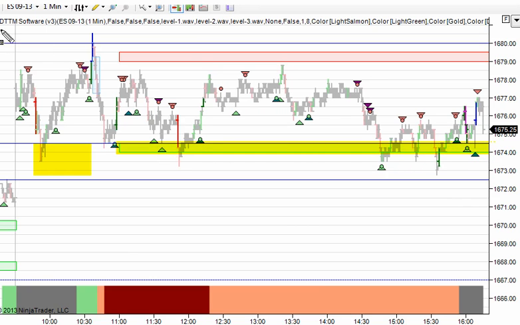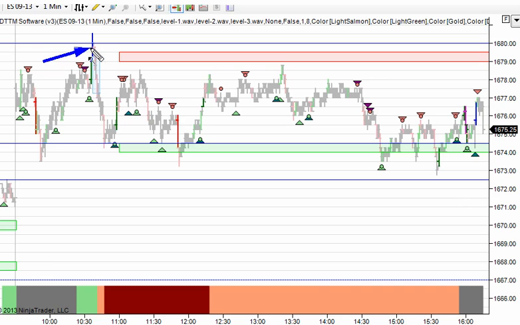And then bigger picture, we would expect some resistance at this 1680. And then once this shorter term resistance formed, we would expect some resistance there. Okay, so that's our context. Now, what happened is when we tested up into this 1680 area, you can see we did so on